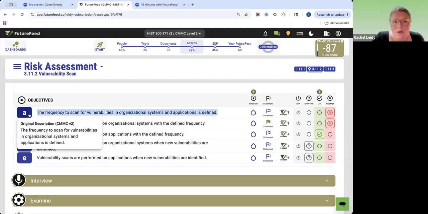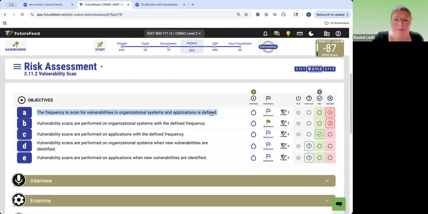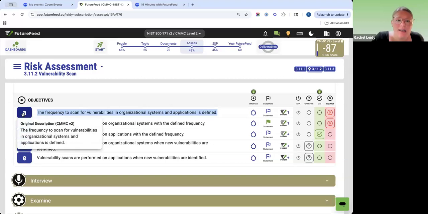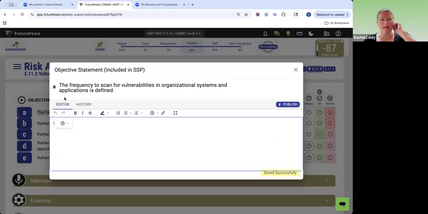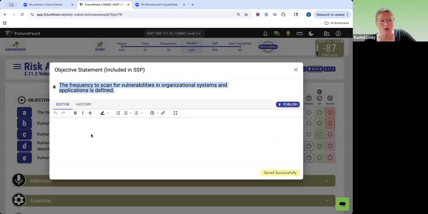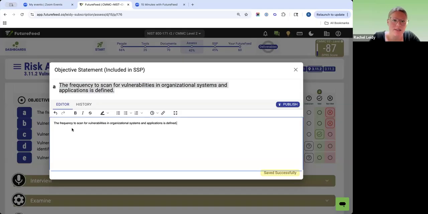So your client will be responsible for defining objective A. However, you may have like a templated statement, right? So in here, you could go and write up a templated implementation narrative. So you could say the frequency to scan for vulnerabilities in organizational systems and applications is defined as, and then frequency